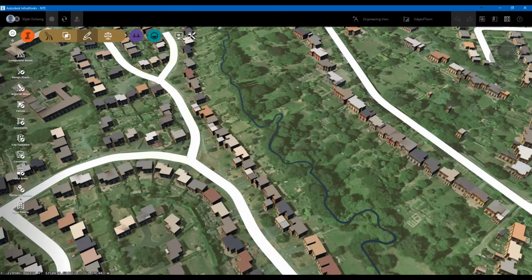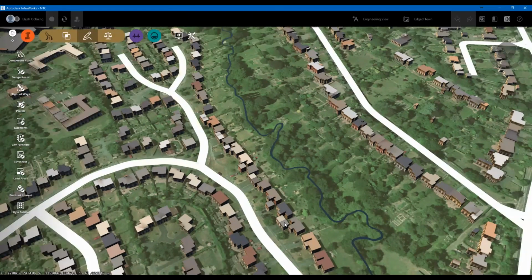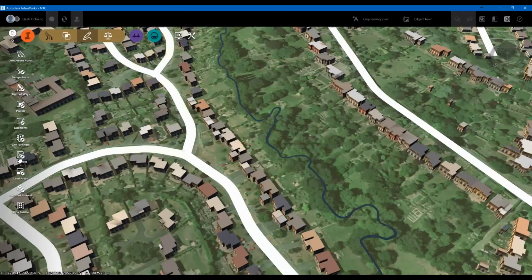As you can see, for example, in this model here, I'm having quite a number of buildings adjacent to the road. So if maybe there's need to compensate or to relocate these guys here, I can easily determine the exact areas of those small pieces of land for these single family dwellings along the road and know the exact areas and the amount of money required for the compensation when relocating them. I can also do coverages, land areas, and city furniture. So the city furniture are the various elements of the road, that is the traffic signs,